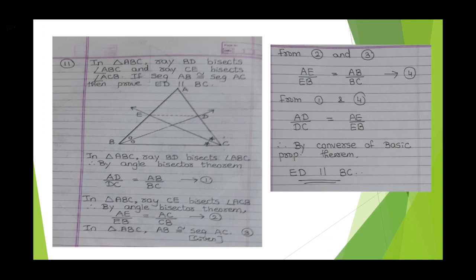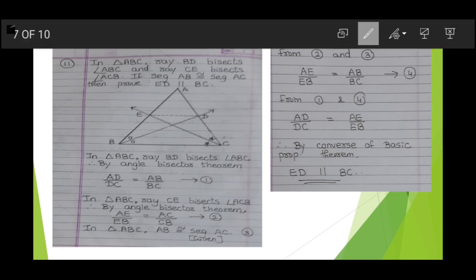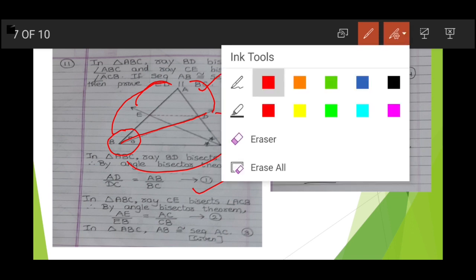Now let's go to sum number 11. Now here read the information given. See, they have given in triangle ABC. In this triangle BD is the bisector, is the first information. So we have to apply angle bisector theorem. So we leave this alphabet B, either start from A or start from C. So here I have started from A and the ratio I got is AD upon DC is equal to AB upon BC. That is what I have written in the first statement.